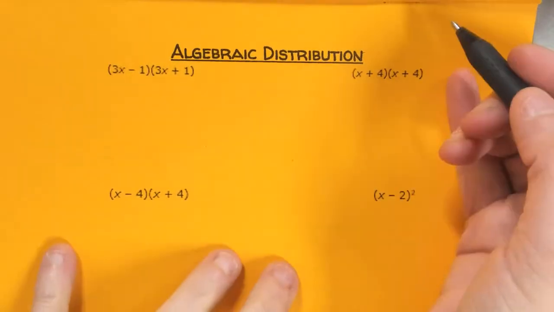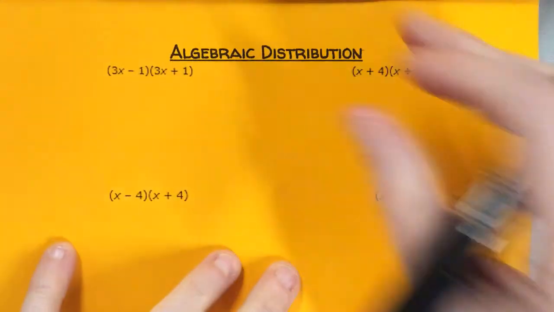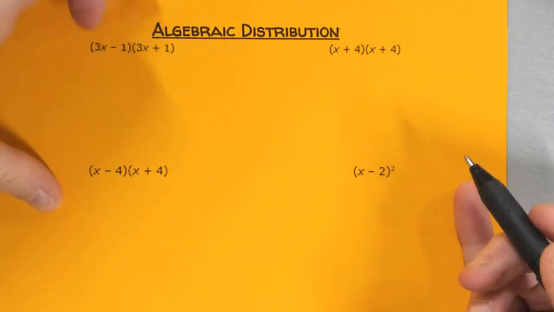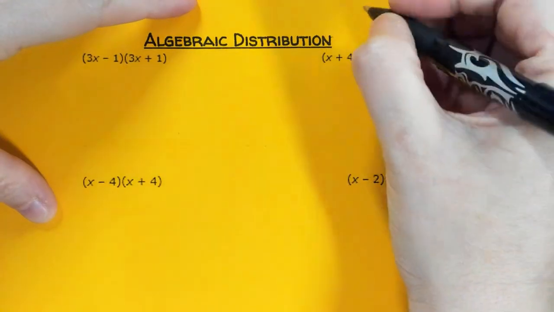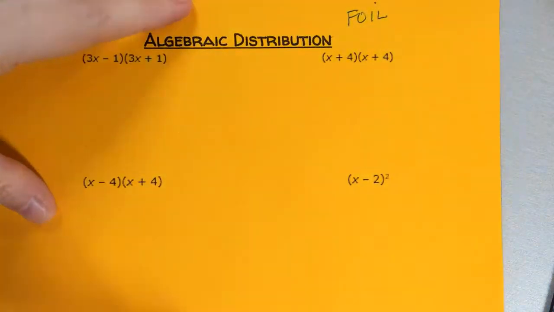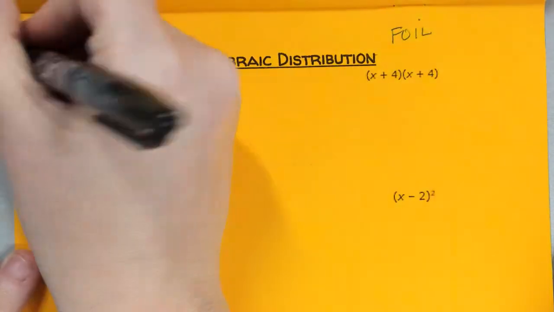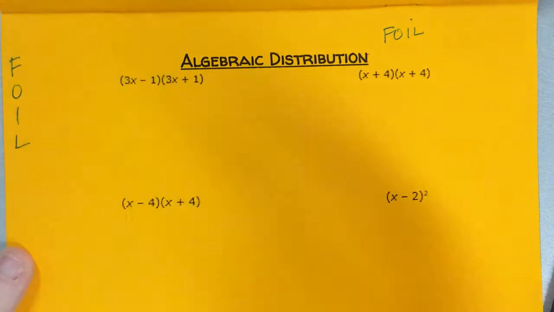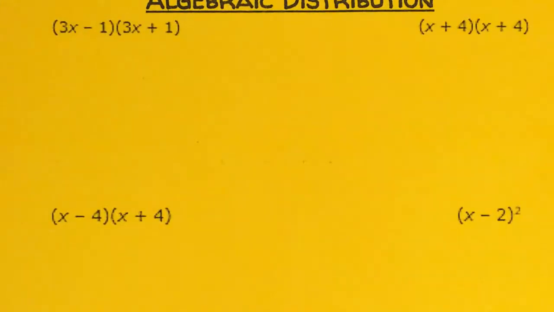Okay, so quickly we're going to talk about algebraic distribution. If your parents have ever shown you how to multiply, this is what they showed you. It's called FOIL, okay? So here's what FOIL stands for: F-O-I-L. FOIL is a way for you to remember